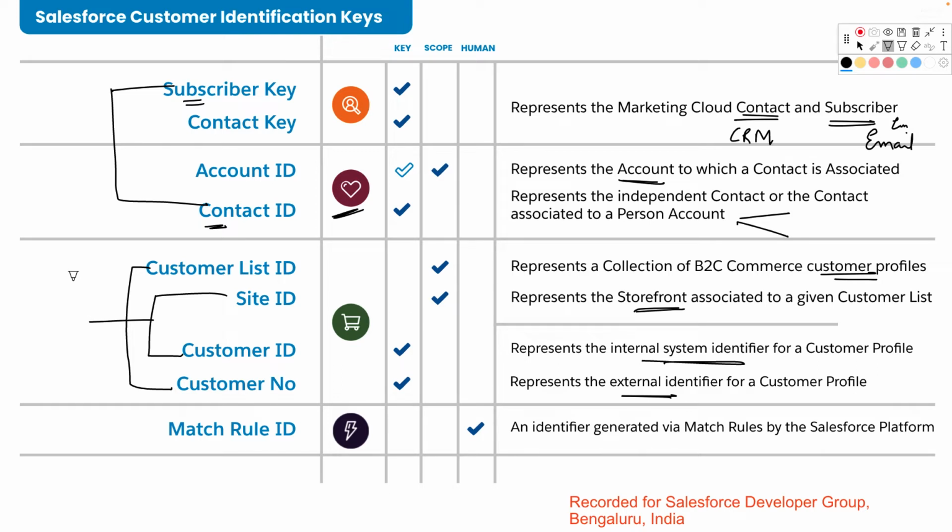So what we're trying to say here is that the scope and profile IDs can now be paired for the REST API interactions, because we have just now seen that